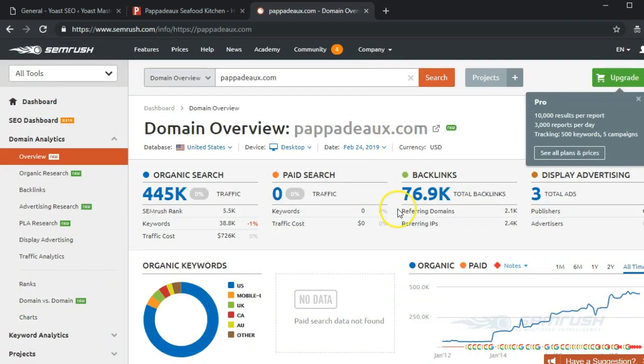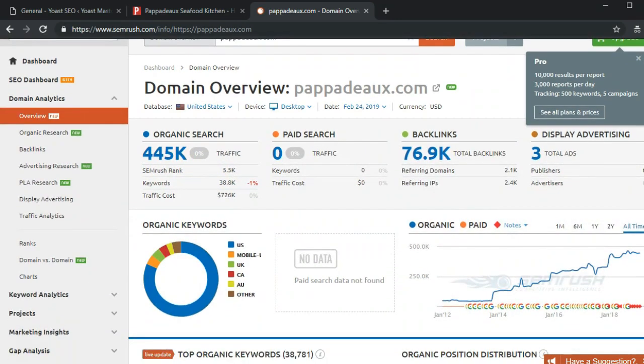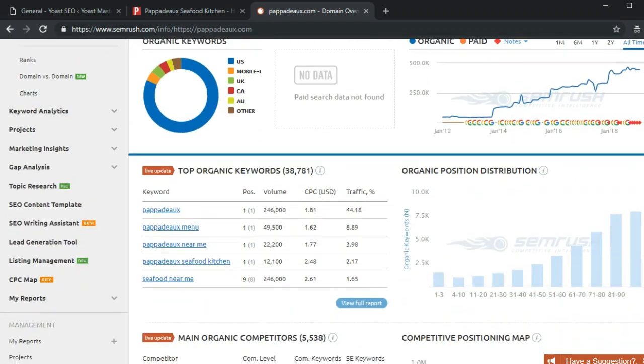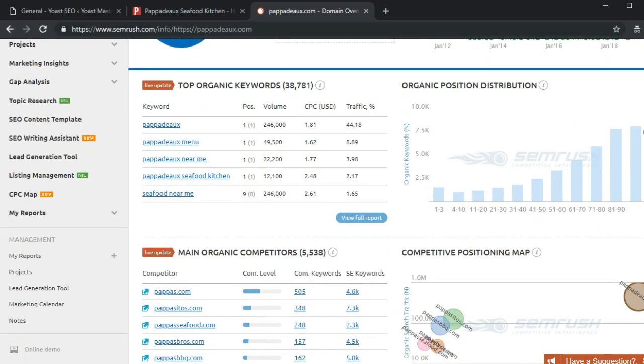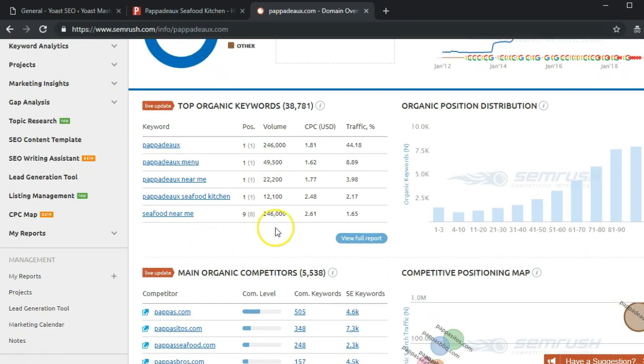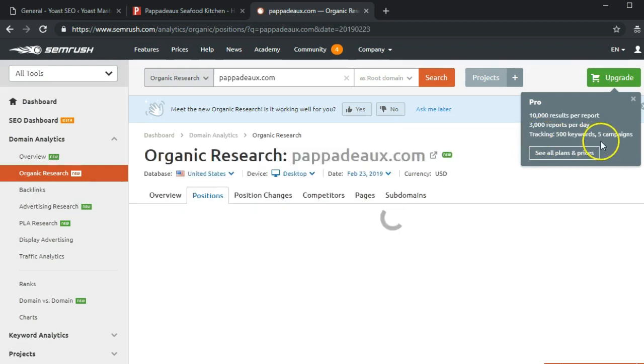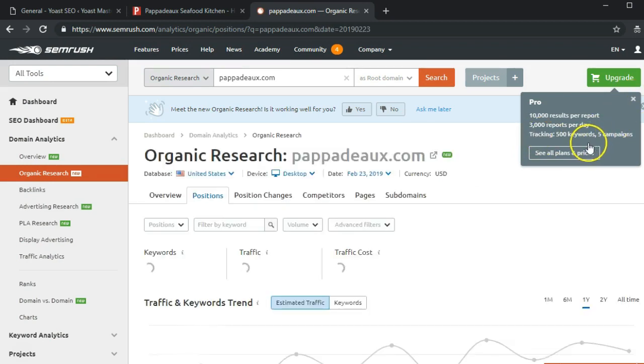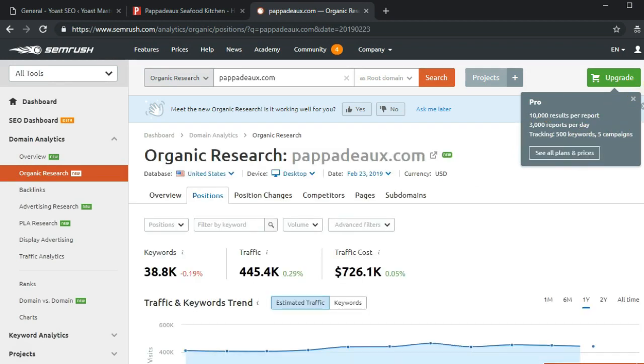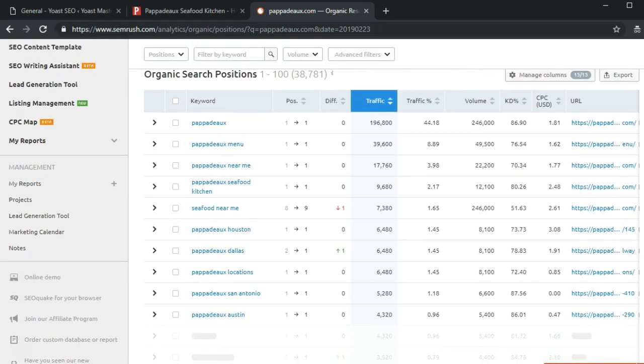And then you can see the results that show up. So organic search is very high. Paid search, they don't have much. Backlinks, display advertising, and you can see their keywords, which is amazing. You can always click on the View Full Report. Now, in order to get the full list, you're going to have to upgrade, but if that is something you're interested in, go ahead and click on See All Plans and Pricing. But in the free version, you already get